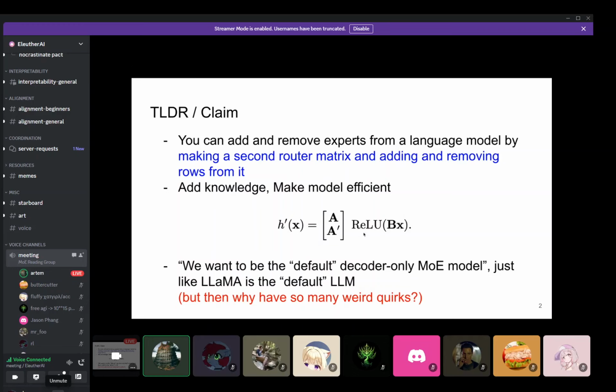The way they do this is by reparameterizing the router, making it two matrices, and then making one of the matrices, the matrix A, expandable. I'll cover how you do this with code later, and how you train it after you add a